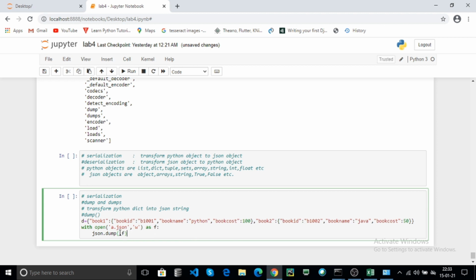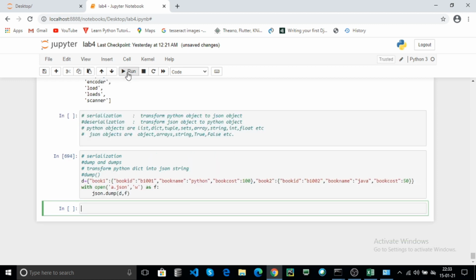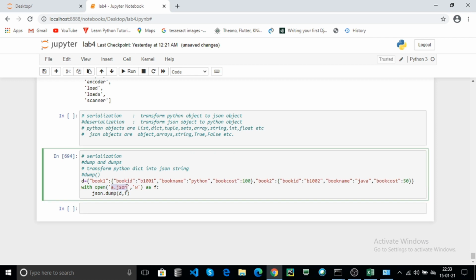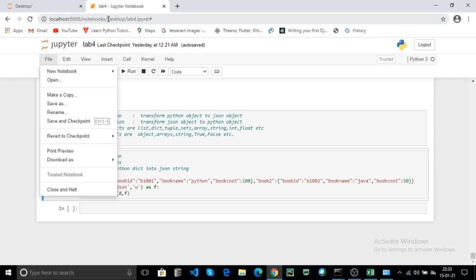Now pass the Python object. Now click on run. Now a.json will be created in your current path and your dictionary will be transformed into a JSON string. Now open a.json on your desktop or in the current path directory.